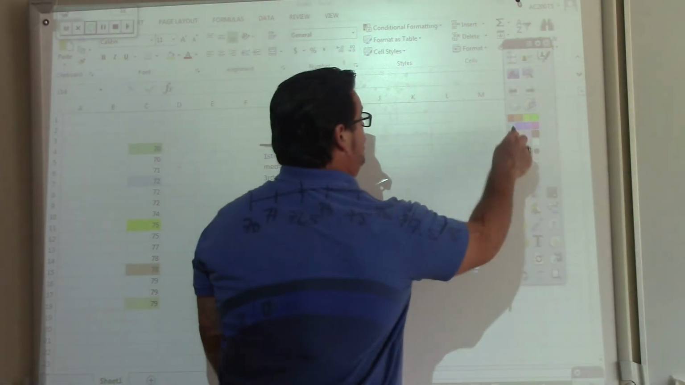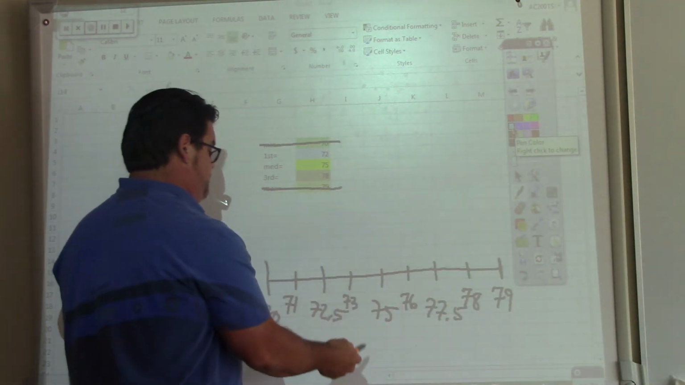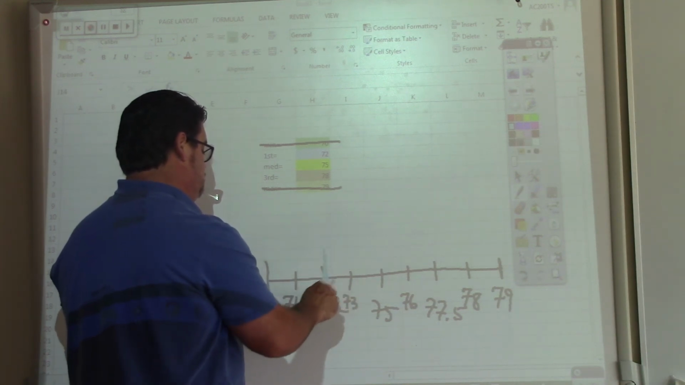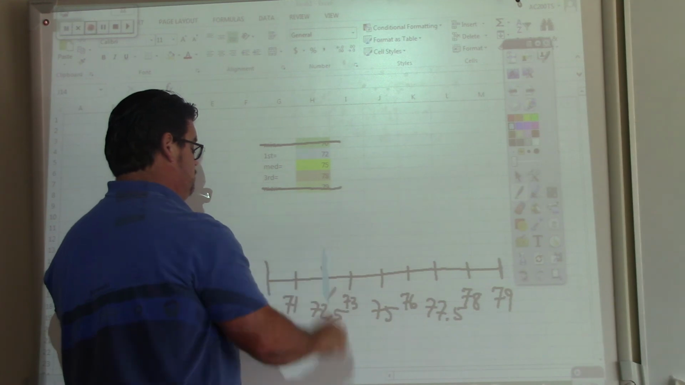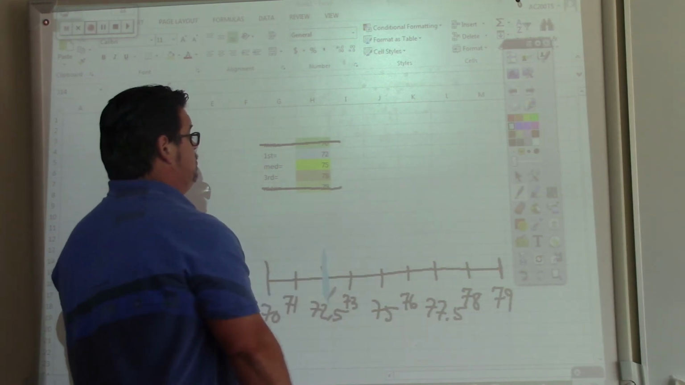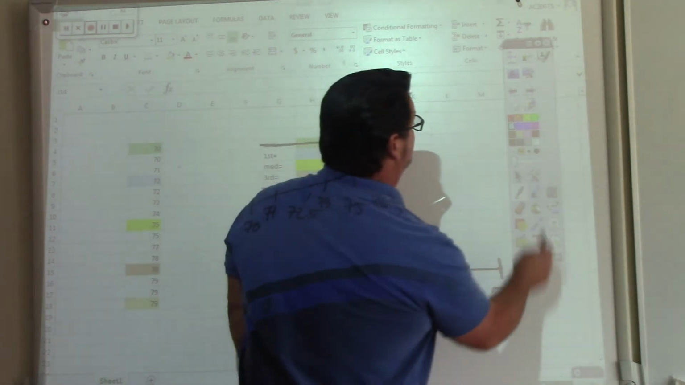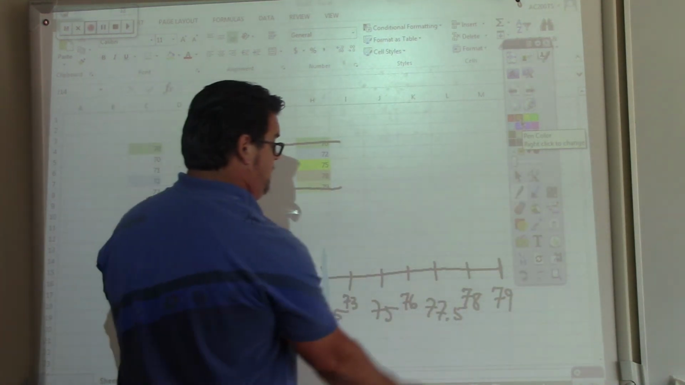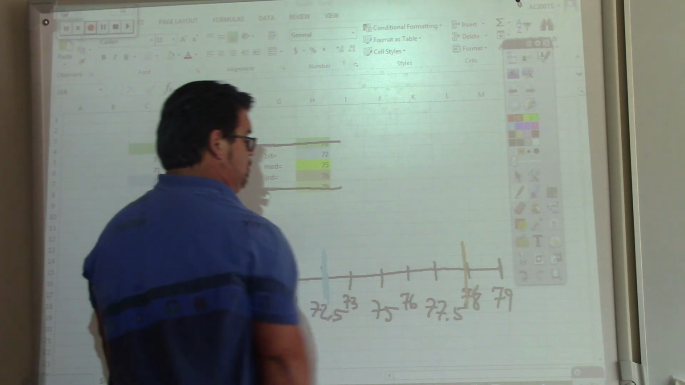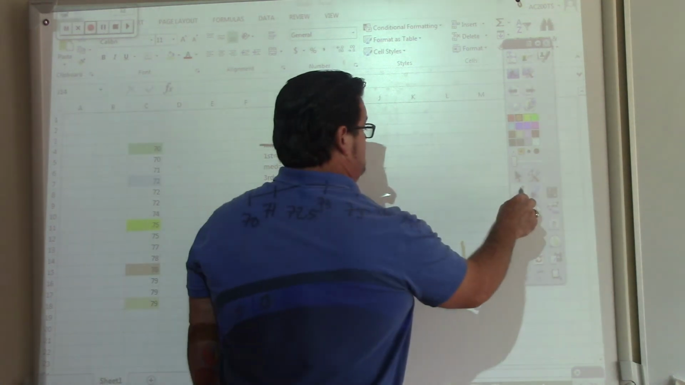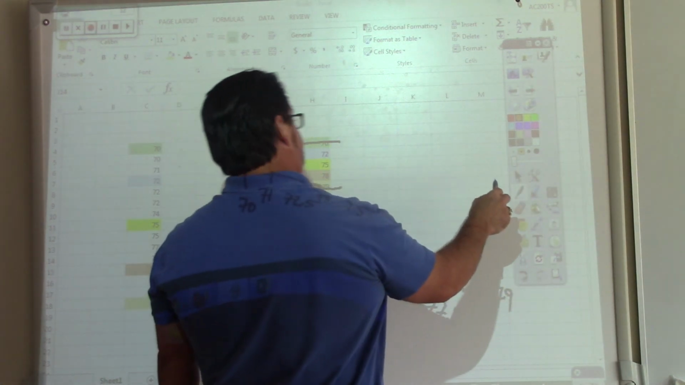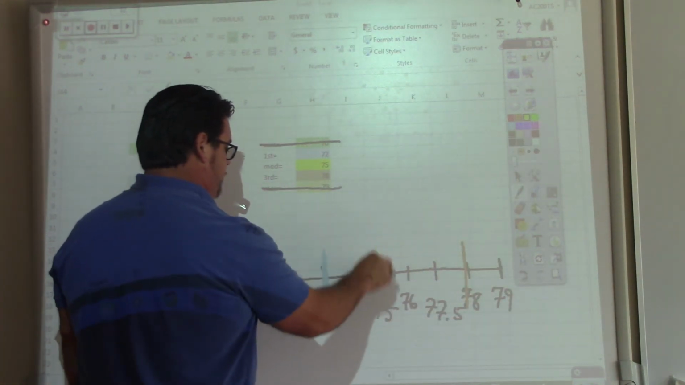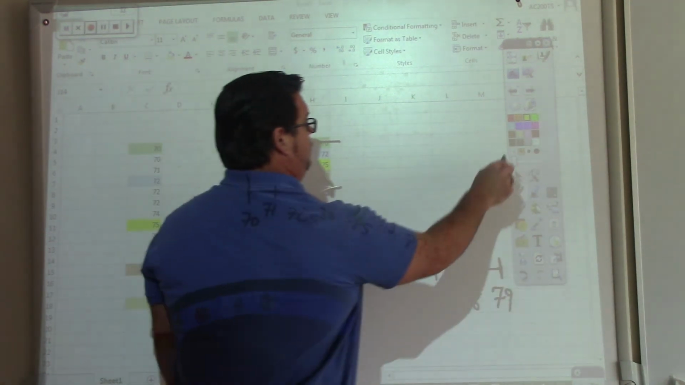So blue is 72, right there. 78 is your, I'll just use the orange because that's the closest thing I got. 78 is right there. And then the middle is yellow, or yellow, depending on where you're from. I'll take my black marker and